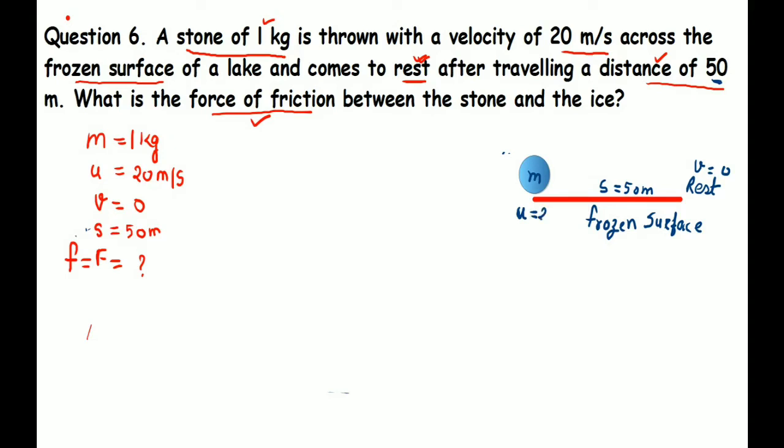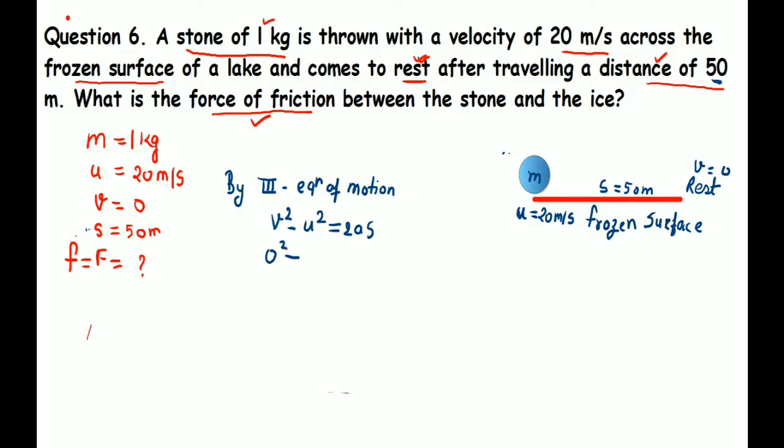Because the ground has applied a force of friction that opposes the motion. Mass of stone and velocity are also given. Okay, over here we are writing it again. Now students, if someone asks for force, we need to find mass and acceleration. You can see acceleration is missing over there. So we can find this acceleration with the help of the third equation of motion. The third equation says v square minus u square is equal to twice of as.